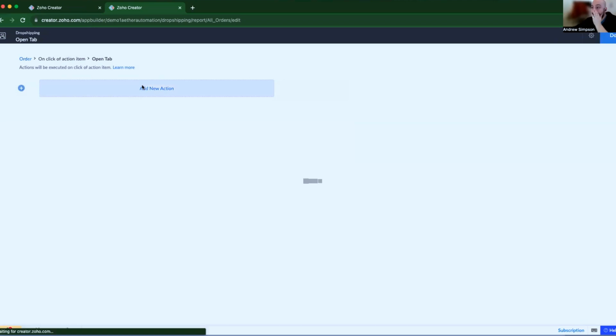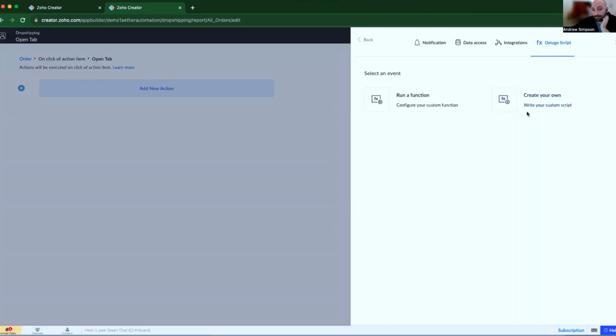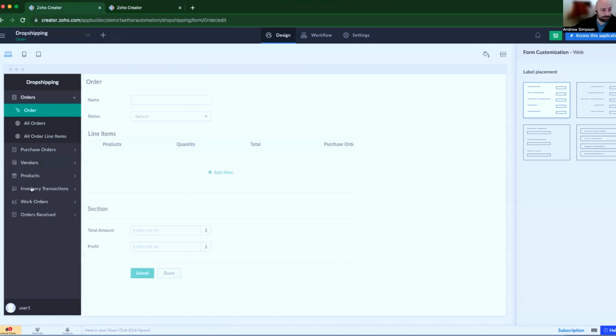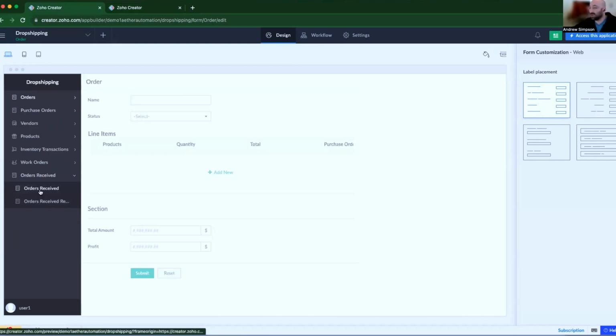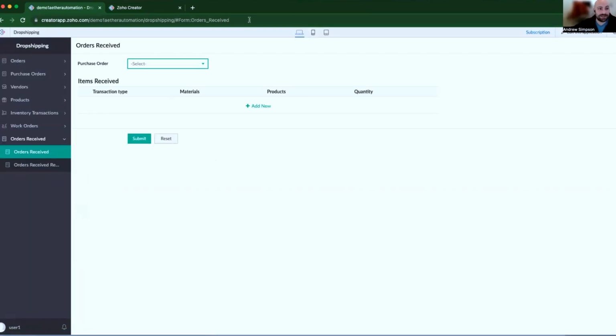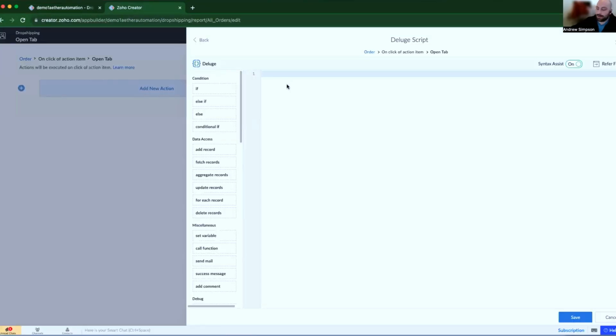Create the workflow, and then I can add in my Deluge code, right? We can either run a function that already exists, or we create our own function. So let's actually do that real quick. In the back end, I can do one for order received. So if I have an order and I want to create a received, I have this page here, so I'm going to say order received, and then the URL equals order received,